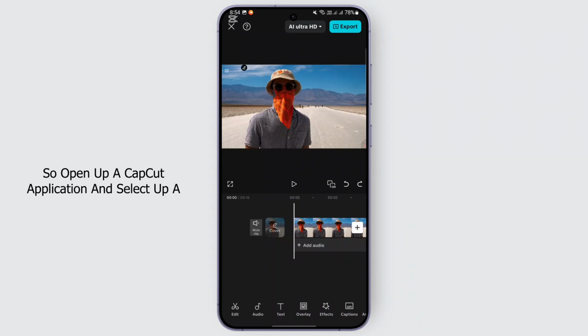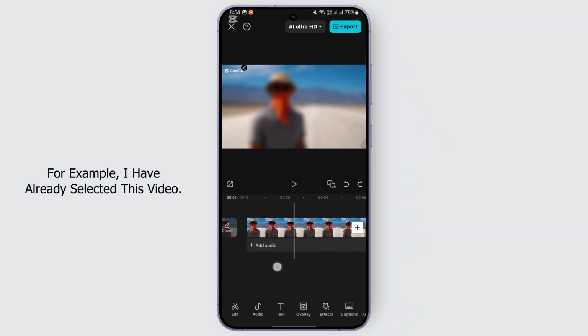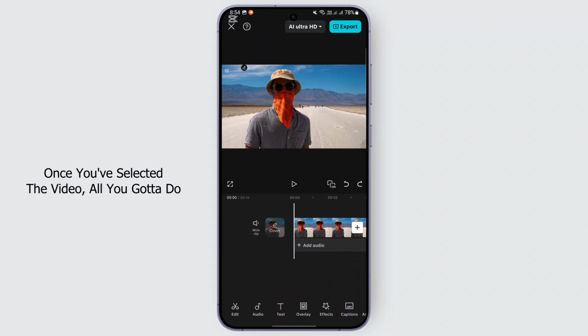So open up your CapCut application and select a video first to which you would like to add the green screen. For example, I have already selected this video. Once the video is selected, all you gotta do is tap on the effects option